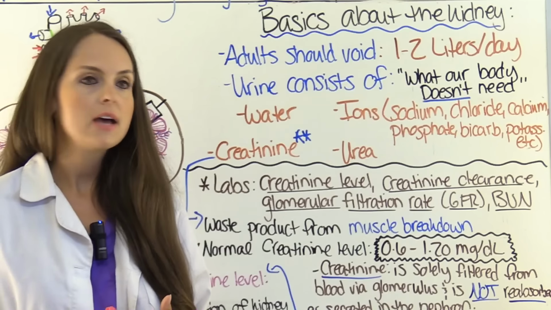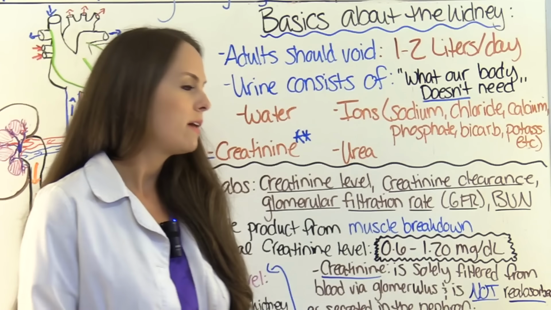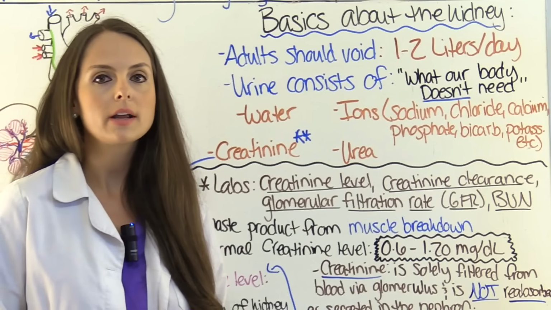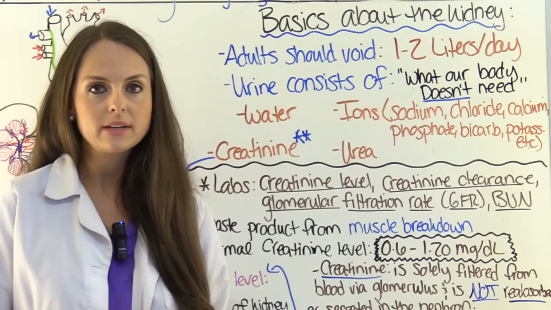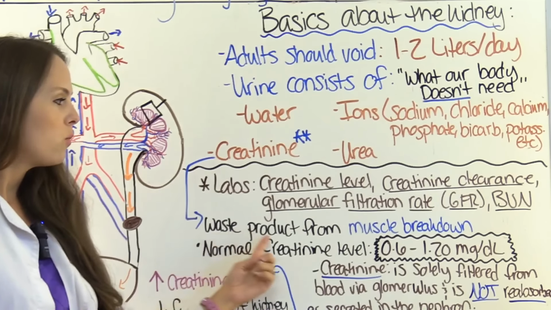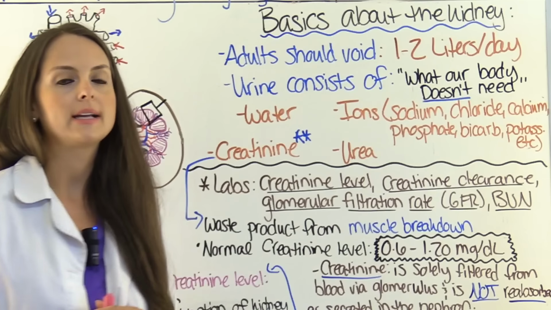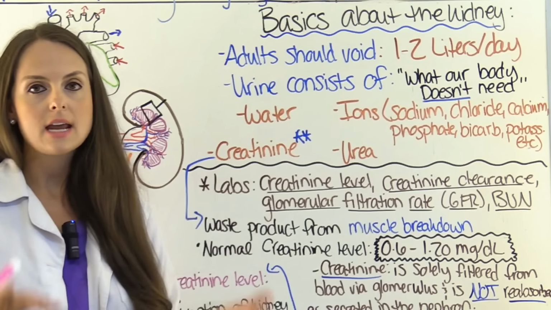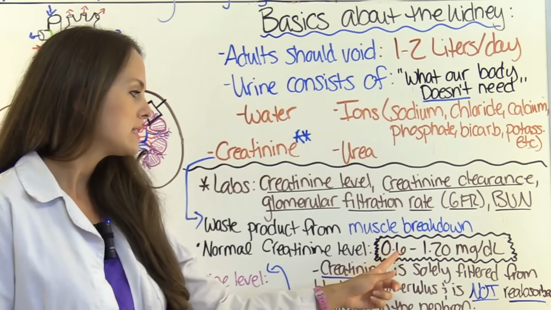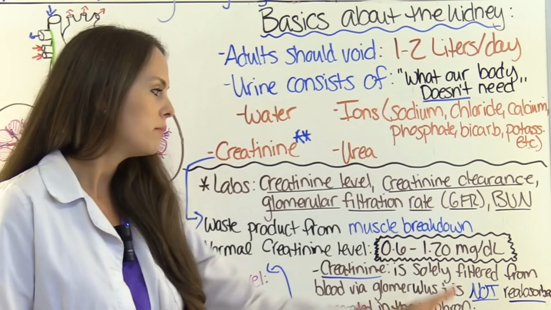Urea is measured in the BUN level, the blood urea nitrogen level, and this is a waste product from protein breakdown in the liver. And then we have creatinine, which is a waste product from muscle breakdown. And we want to maintain a fine balance of this, and a normal creatinine level is 0.6 to 1.20 milligrams